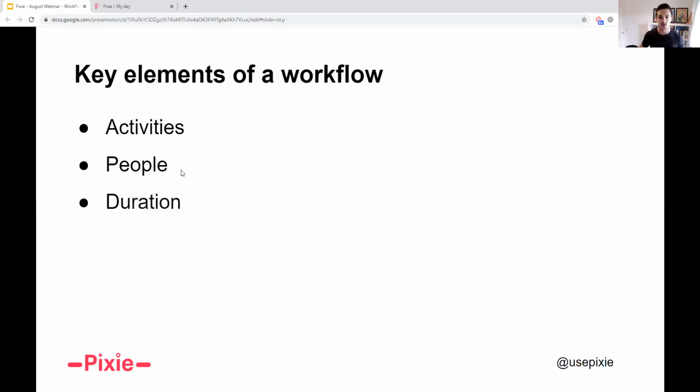What is the duration of the workflow? How long does it need to run for? Something like year-end accounts, the workflow might be a lot longer. It could be 7 or 8 months. Whereas something like payroll, because it's happening once a month, it might just be literally a couple of days. It starts on the last Wednesday of the month and runs until the Friday, and then the payroll